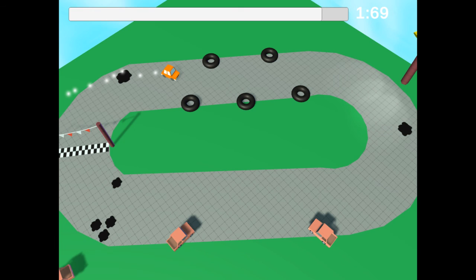Oh yeah, also for art assets, this little flag was made by me. The mall in the last level was made by me. You can't see it so well at this resolution, but there is a light post over here that I made in Pro Builder. All these tracks were made in